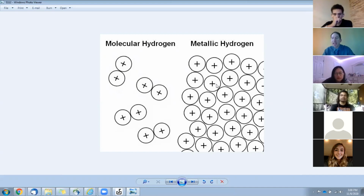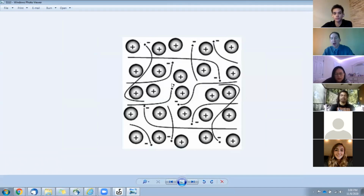it behaves as a fluid. And since they're so close, the electrons can hop from atom to atom. So if the electrons can move, it's like a metal. You know, metals, electricity can move through them. Electrons can move through them. They're conductive. So this is a conductive fluid. It's a different type of conductive fluid than we saw in the inner solar system. You know, for Earth and the other terrestrial worlds, we're talking about liquid iron, iron in a fluid form in one of the deep layers of these worlds. Here, there's maybe some of that deep in the core, but the bulk of what we're talking about here,